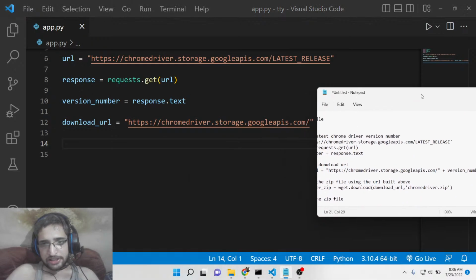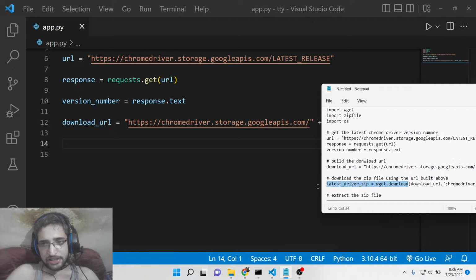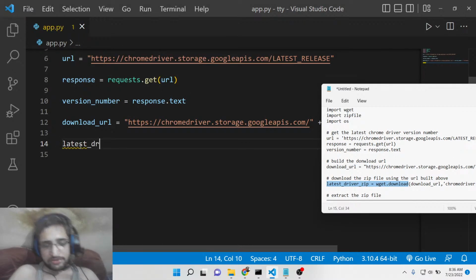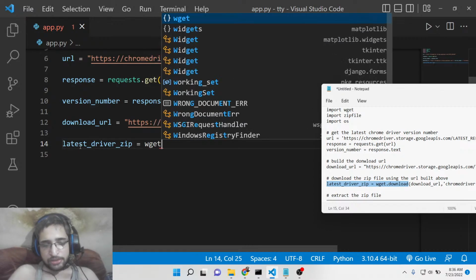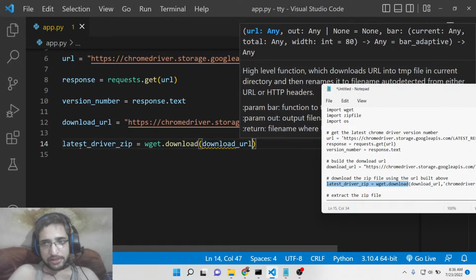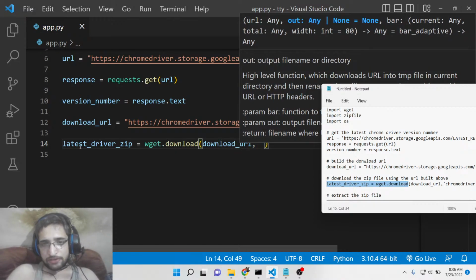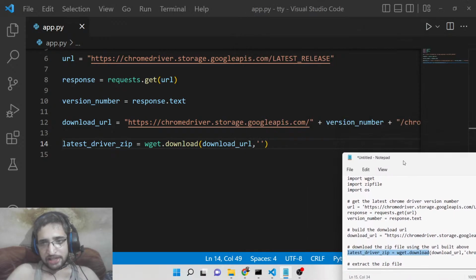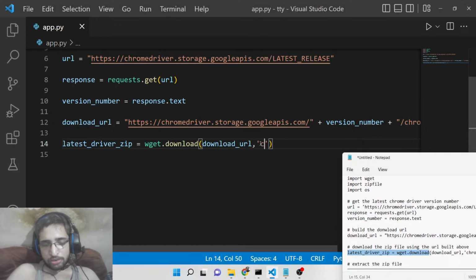So now to download the zip file, it is very easy. We will use the wget library. So latest driver zip, I will call this variable, and wget dot download, and then we will pass the download URL and the name of the file. So whatever name you can give here, guys, I will give this name as chromedriver